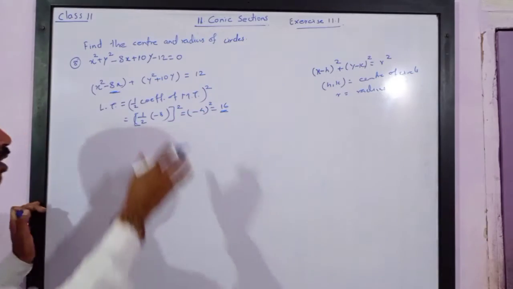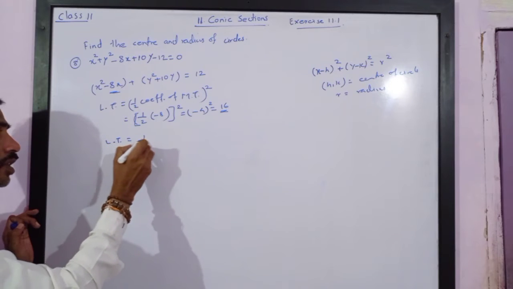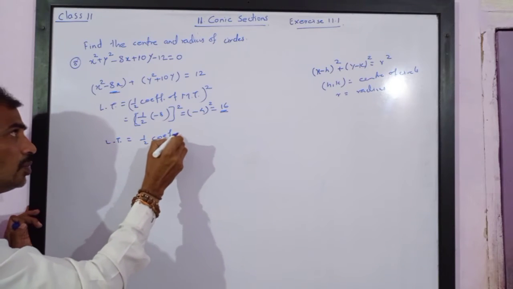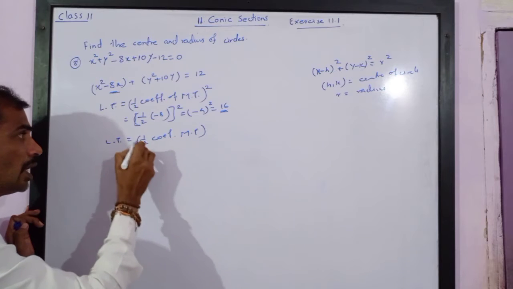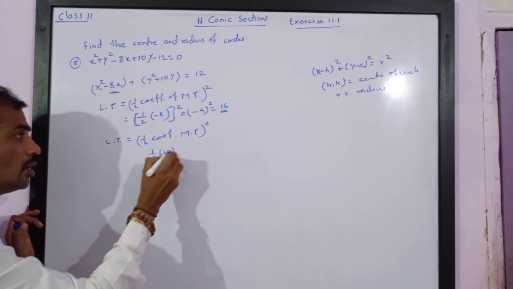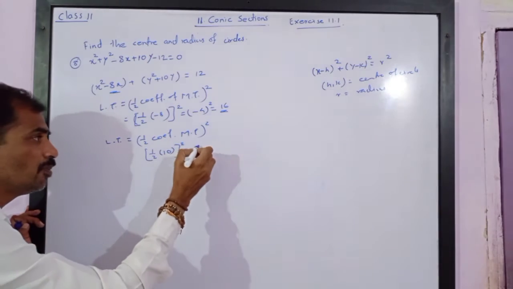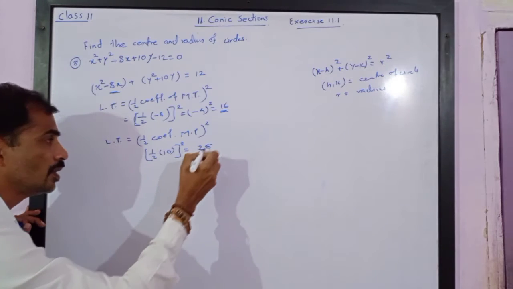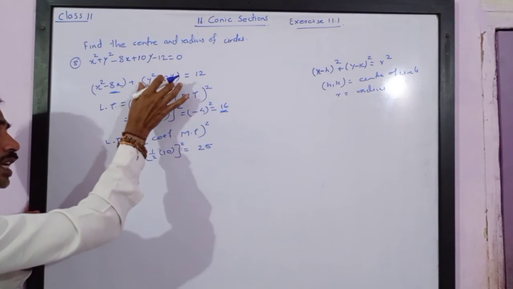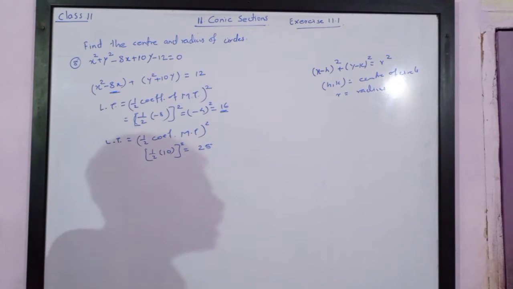hand side. Now for the second bracket, the last term is equal to half the coefficient of the middle term. In the second bracket it will be half of 10, bracket square. So that is equal to half of 10 is 5, square is 25. We have to add 25 to the second bracket, and if we are adding 25 to the left hand side, we have to add 25 to the right hand side.